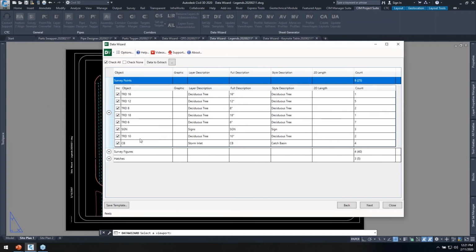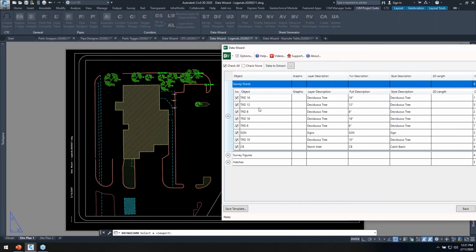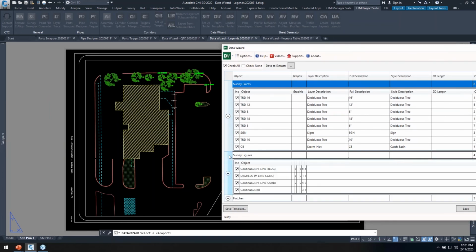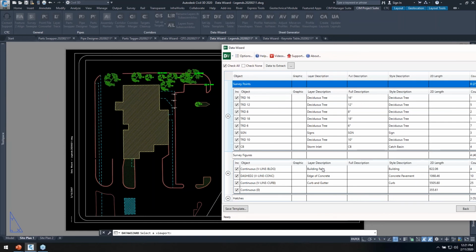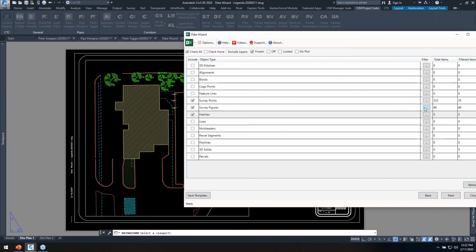I've got trees and some signage, but oftentimes Data Wizard doesn't know what your data is going to look like. And so here it's categorizing it as separate items, even though these are all deciduous trees. And then in the survey figures, I'm getting some of that line work I want, but I'm also getting some extra stuff that's just on layer 0 that I don't care about. So if I look into the filtering,